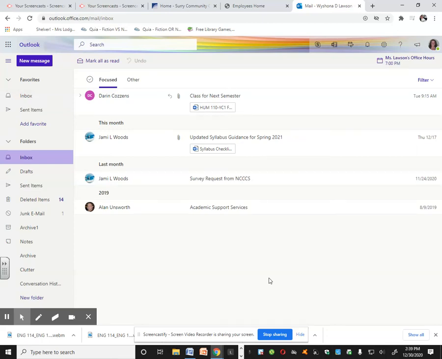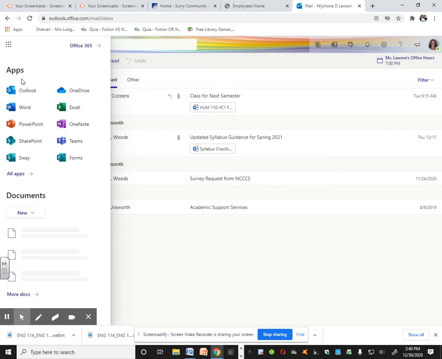In this class, we are supposed to use Microsoft Word, but if you are on a computer that does not use Microsoft Word, you always have the choice of using Word Online, which you can access through your Outlook apps. If you are in your email program, if you go all the way over to the left, you should see these 9 dots, which is your app launcher. If you click on that,